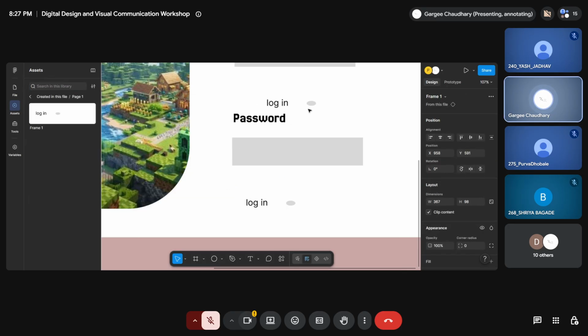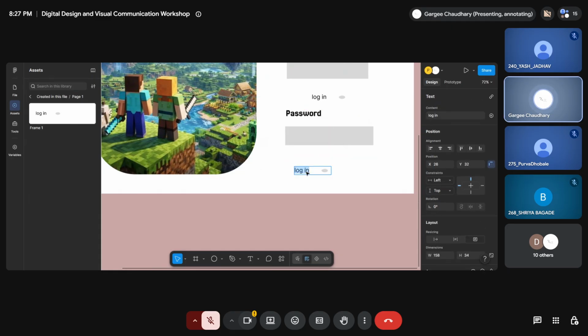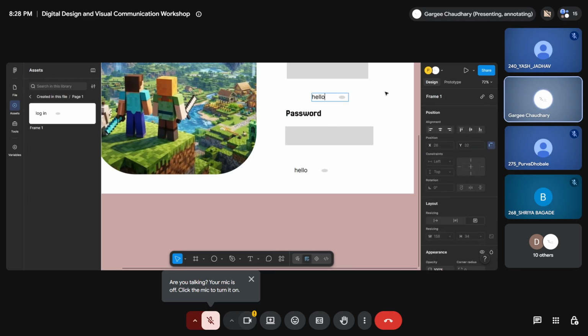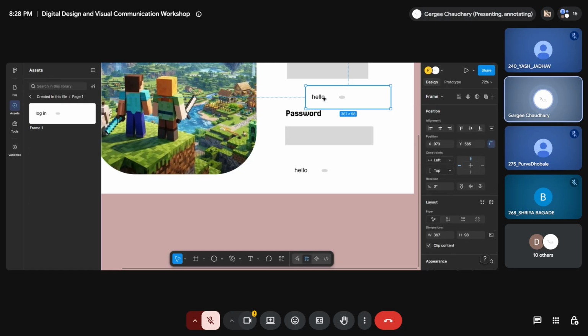So when you create an instance, if you make any changes to the component, say you write hello, it will automatically change in the instance. You can easily remove the instance from your component by clicking on your instance and then detaching the instance, so that the same thing does not happen.